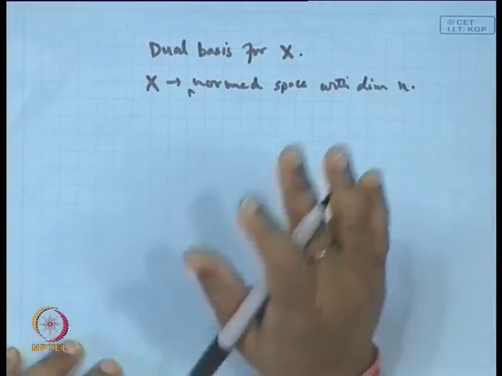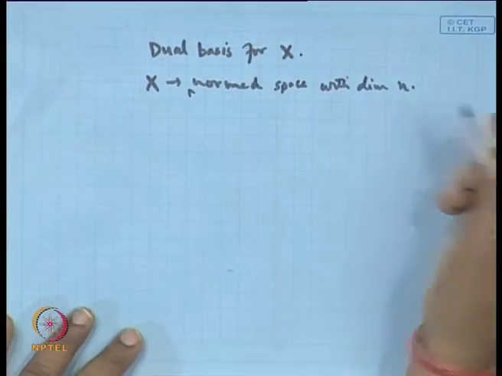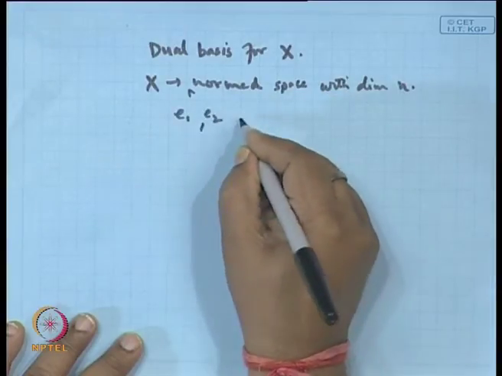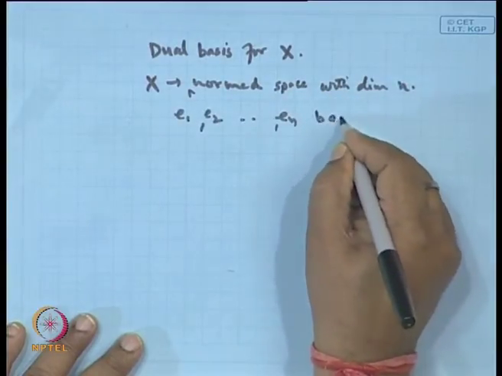Okay. So, the dimension of this normed space is n, and let E1, E2, ..., En be the basis of